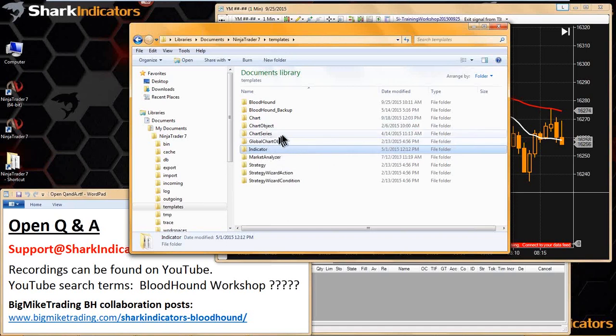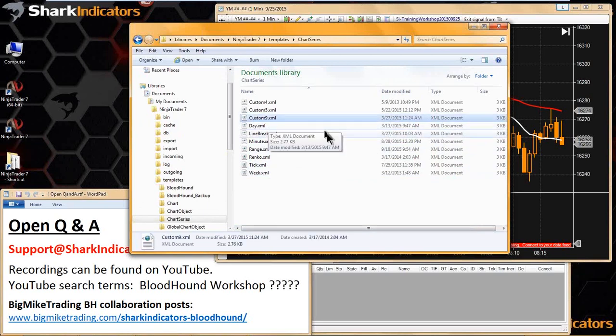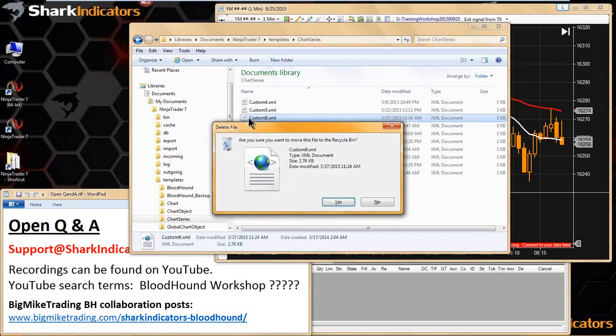And let's see, chart series. I think for bar types you'll find the default settings in this chart series. And the backtest Renko is going to be custom 9, I believe. So if we delete that file,